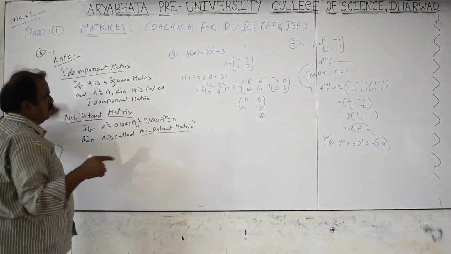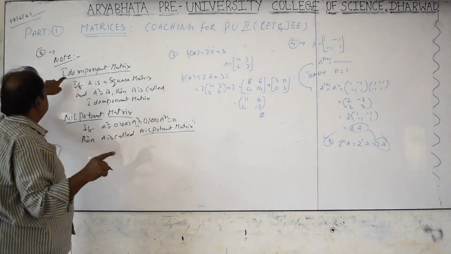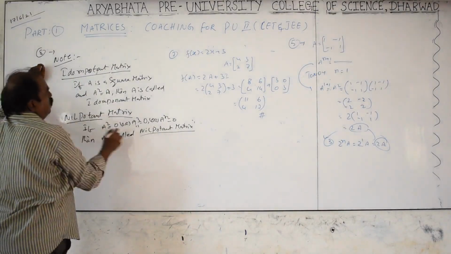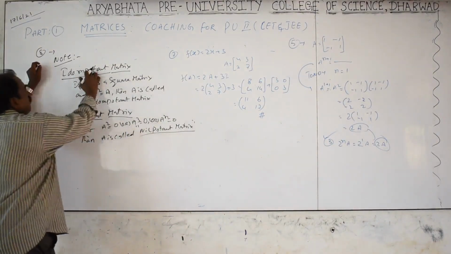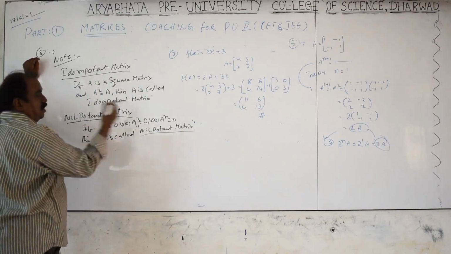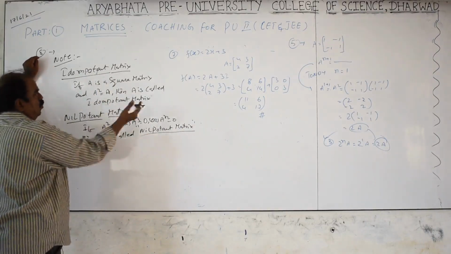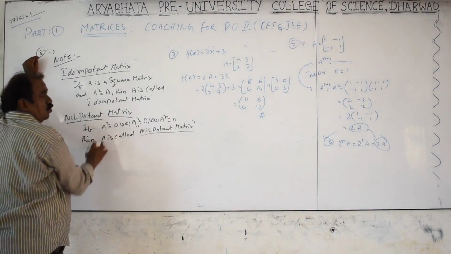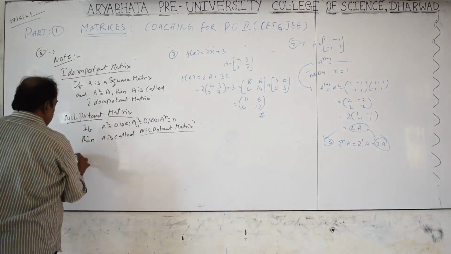It is a different one, not included in the 8th question, but I want to tell here only. This is not in our syllabus. Idempotent matrix: A square is equal to A. Nilpotent matrix: it must be 0. There, A square is equal to A only, B square is equal to B only, C square is equal to C only, idempotent. Nilpotent matrix means A square is equal to 0 or B square is equal to 0, like that.